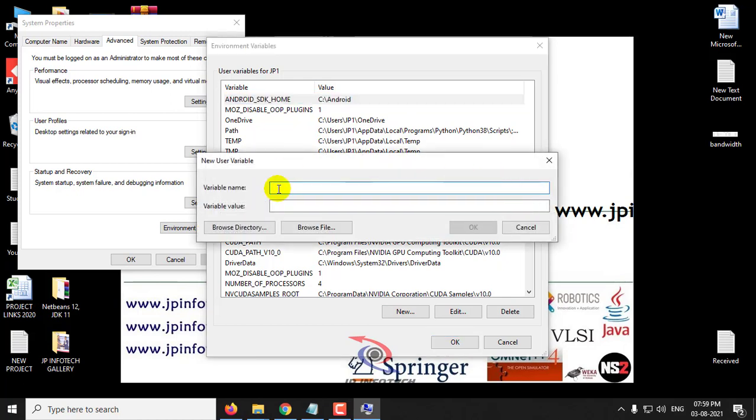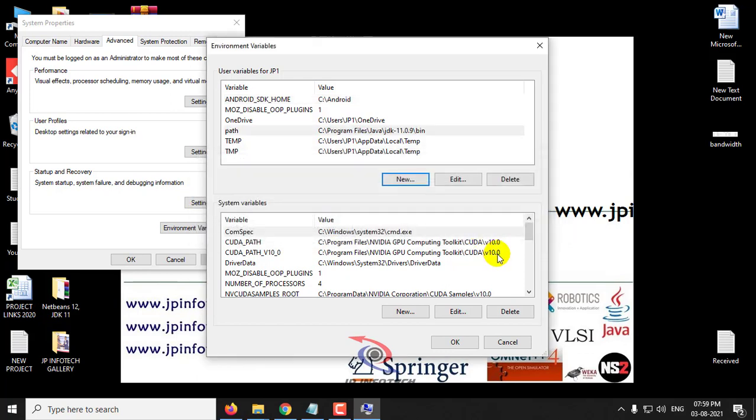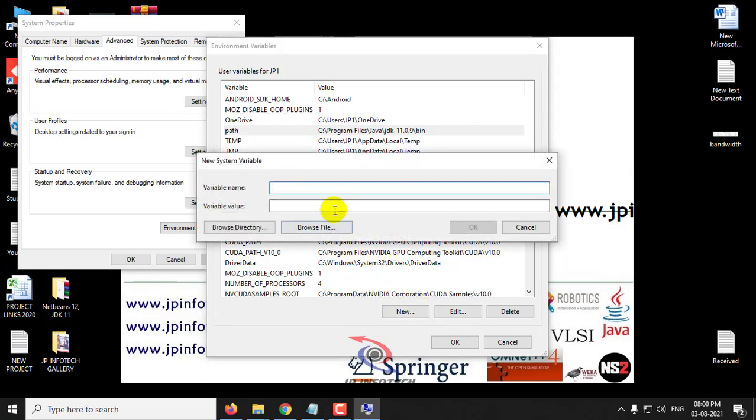Let me click new and type the variable name as path and the variable value as the location that we have copied, and click OK. And again the same in the system variables: let me create new, with variable name path and the variable value as the location we copied, and click OK.